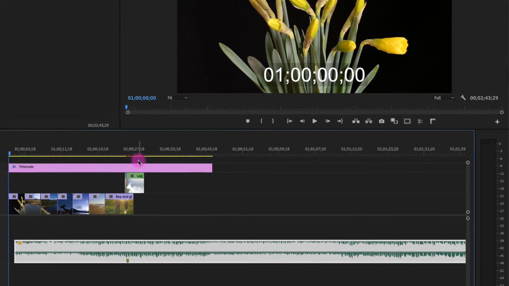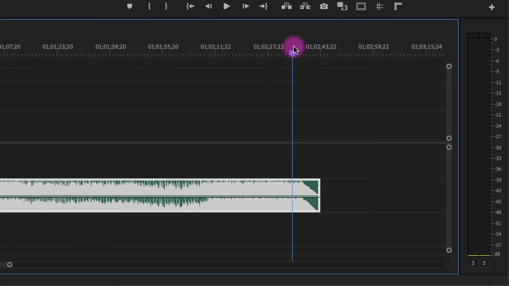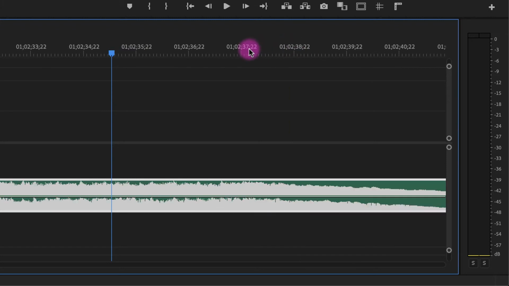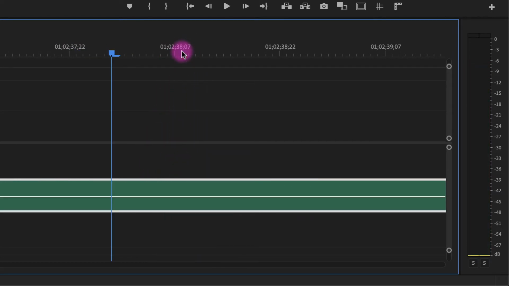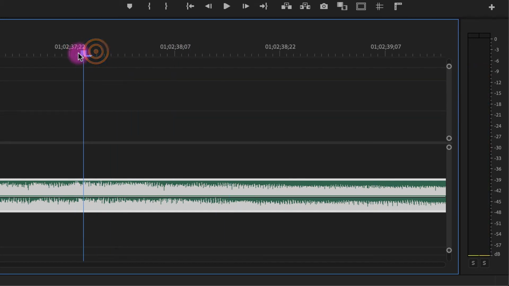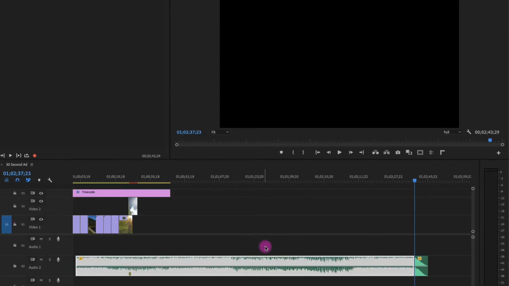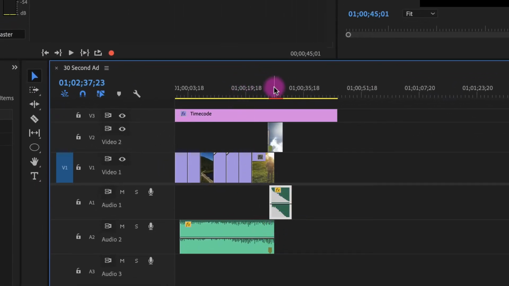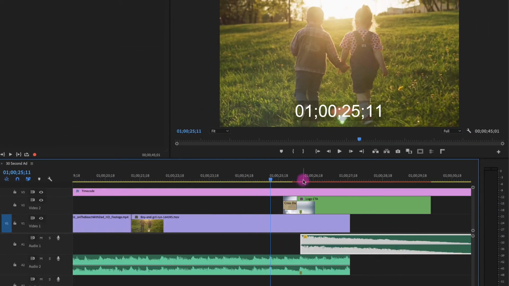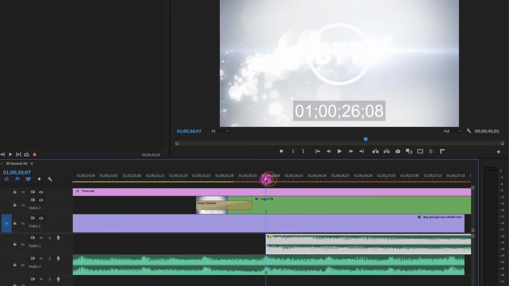I'm going to go to the very end of the song. If you're using production music, pretty much every track is going to have some kind of a final ending. So I can zoom in on this, find that hit, and I'll make a cut there. I'm going to move this ending where we want it. We'll trim the rest of the song off, zoom back in here. And so we've got this hit now lining up right where that marker is, right where our logo is being